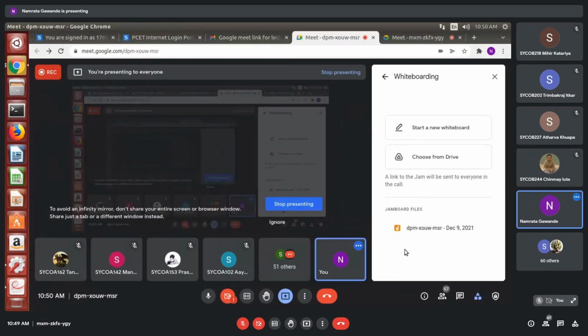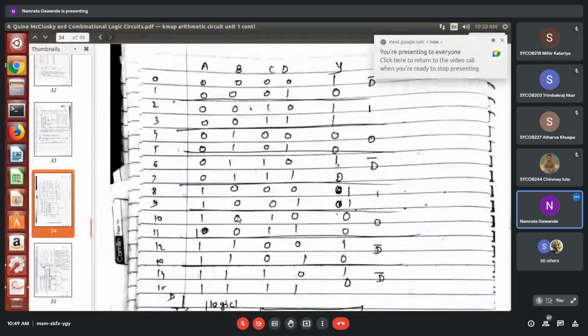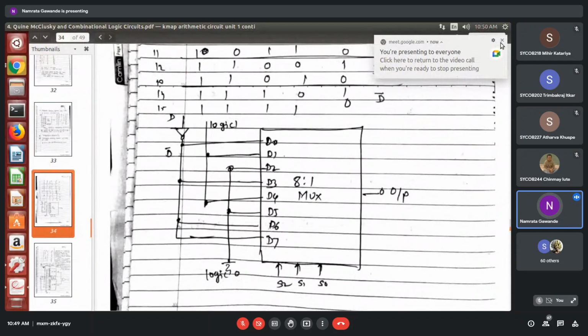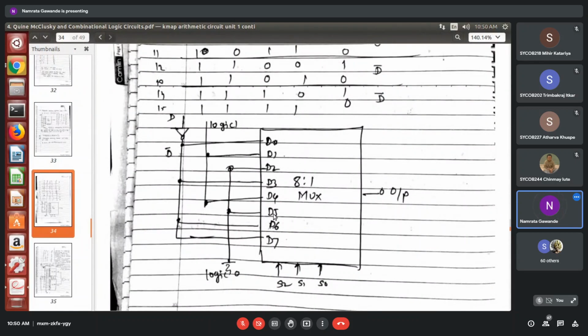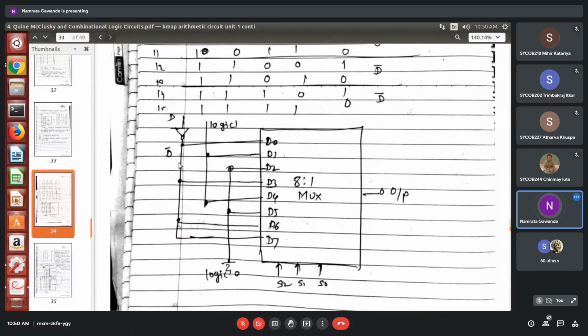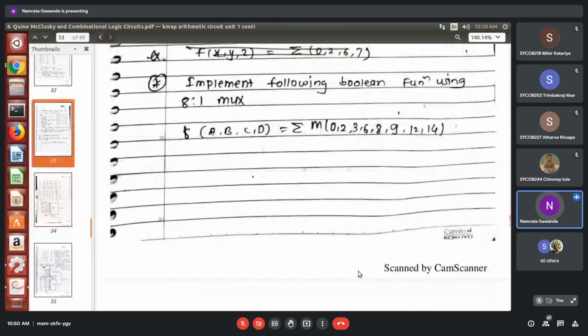Here you can see this is the table that I have shown and this is the 8:1 mux block diagram for this particular expression. One input D is taken, so the same diagram is written over here. You can see the connections are made based on this. Have you understood this particular example? This much is required when using an 8:1 mux.